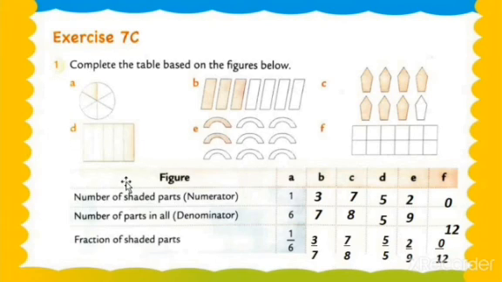Understood? Now we move on to question D. It's a square. In the square there are a total of 5 parts, and all the parts are shaded yellow. So 5 upon 5. What is the answer? 1. 5 upon 5 is equal to 1. It means the whole is shaded with the same color. Now we move on to question E. Let's check how many blocks are here. 1, 2,